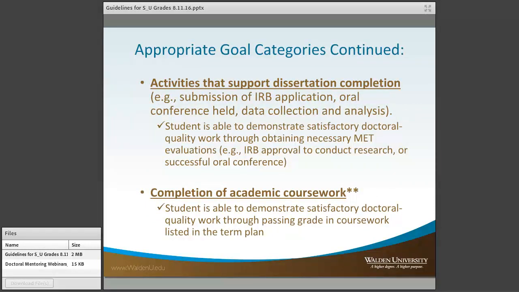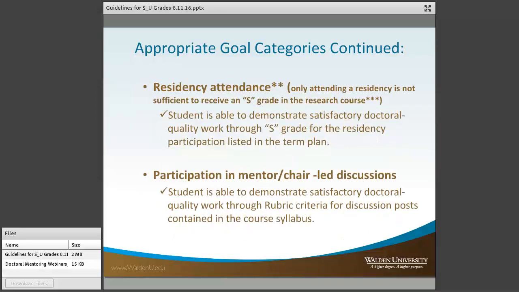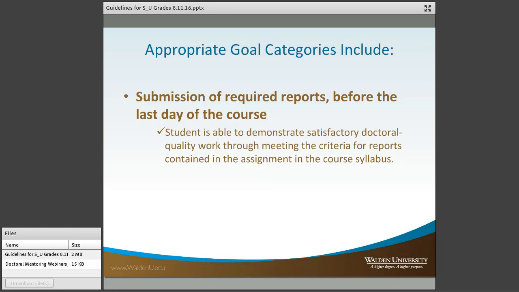Activities that support dissertation completion. So there's various things. Might be IRB, oral conference, data collection, analysis, any academic coursework that's remaining, CAMs, if it's a program that still has CAMs, residency attendance, and discussions, as I had mentioned before. And there needs to be a submission of reports before the last day of the course, and that there is